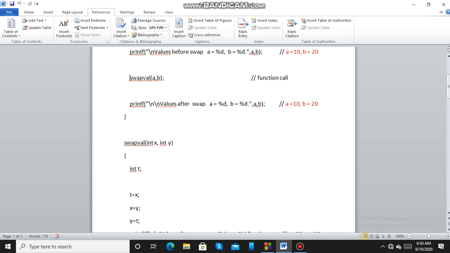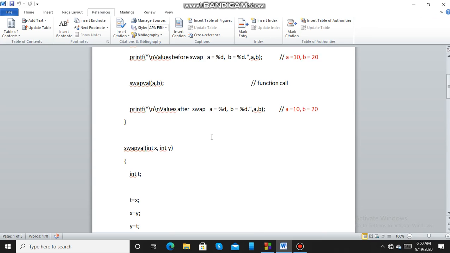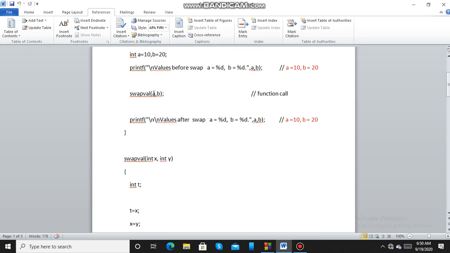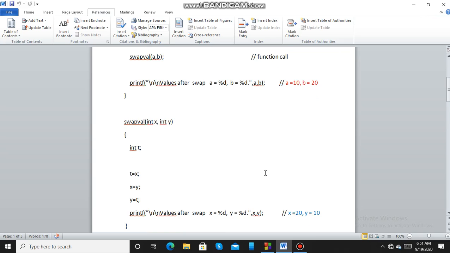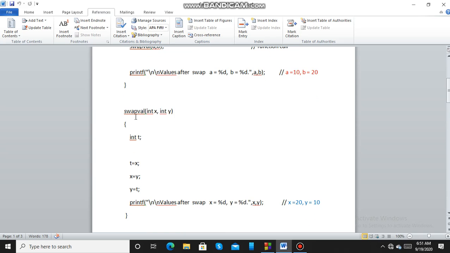Now on execution of the statement swapval(a, b), the control is transferred to the function definition. The value in a, that is 10, is copied to x, and the value in b, that is 20, is copied to y. Here in this function definition, I am declaring an integer variable t.